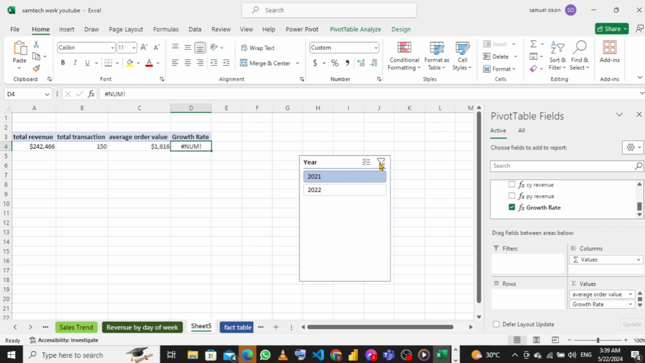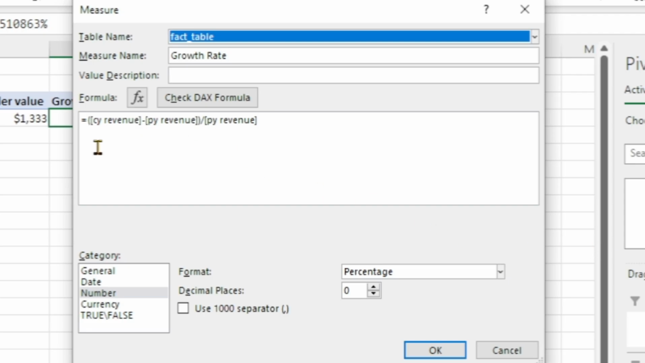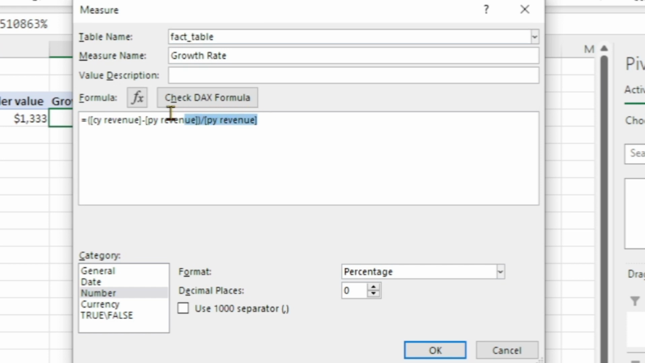Okay, now let's right click this and click on edit. So in our growth rates, if this person comes out as 0, Excel does not divide 0. So we need to use another function called DIVIDE. DIVIDE will be the one to help us handle this error. So we can cancel this. I will say backspace, backspace. I will say divide